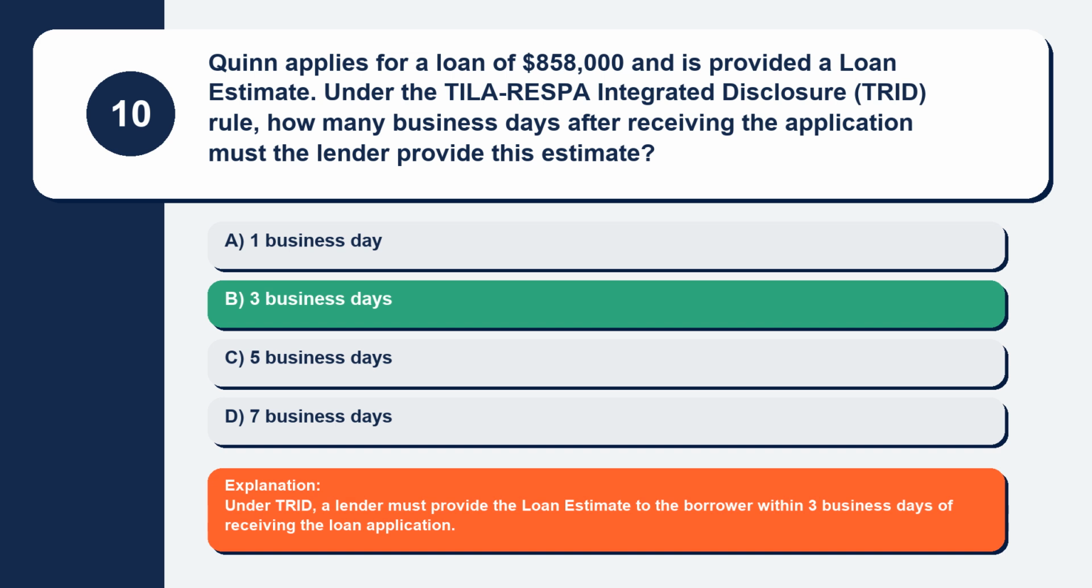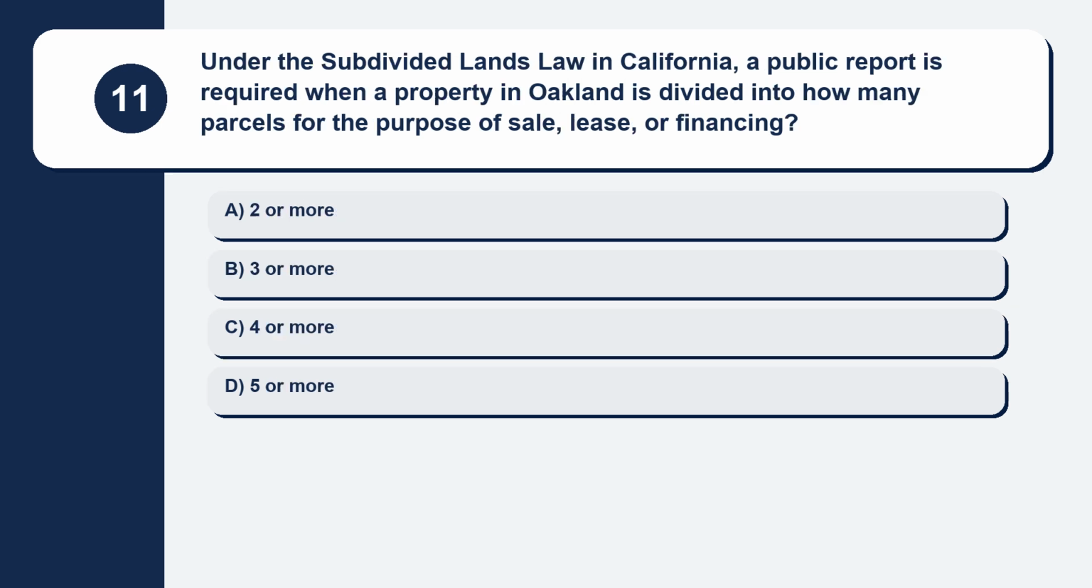Explanation. Under TRID, a lender must provide the loan estimate to the borrower within 3 business days of receiving the loan application. Question 11. Under the Subdivided Lands Law in California, a public report is required when a property in